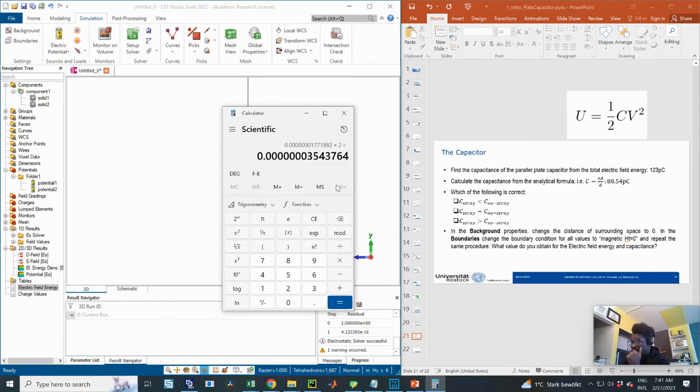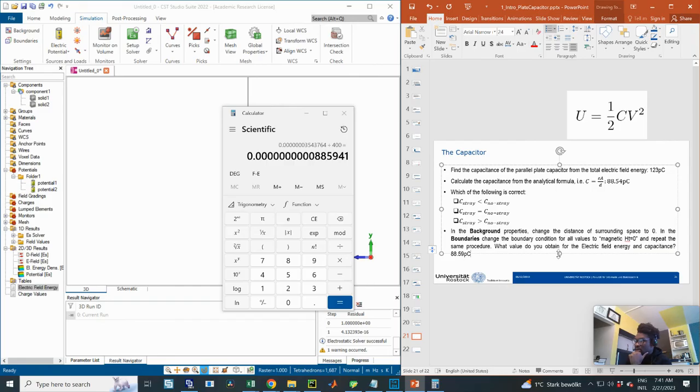Then divided by v squared, so divided by 400, and that is 88.5941. So approximately this. So for this, the capacitance is 88.59 picocoulombs. So you see that